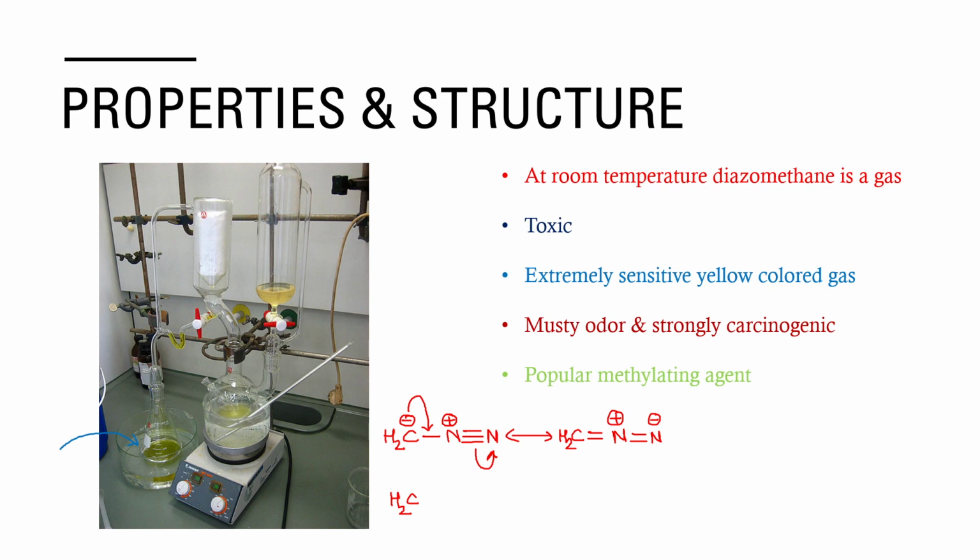So some people do draw it like this as well. N double bond N, and this nitrogen ends up having a positive charge. ये काफी अनस्टेबल स्ट्रक्चर है, और इसका एक कैनोनिकल फॉर्म बनाते हैं: CH2 plus, N double bond N minus. Okay,